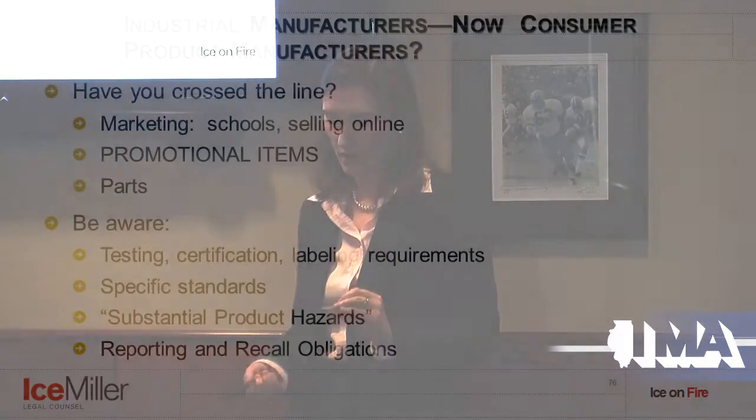If you're already a consumer product manufacturer, now you can very quickly change into new product lines, and you're probably using a different material than what you're accustomed to make the same products, which opens up some additional liability, as Mike was actually talking about too. And then if you're an industrial manufacturer, now you may be crossing that line into consumer products without knowing it, because again, that easy transition from one product to another.